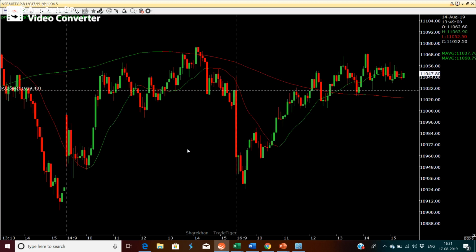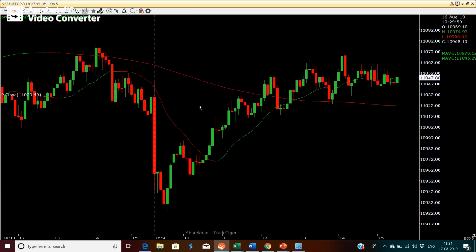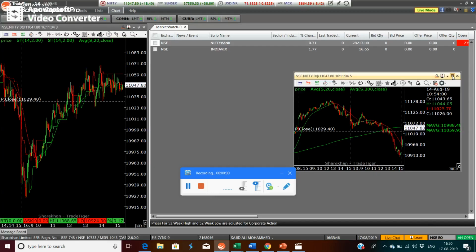Now we have mapped it, and you can see there are day separators marked in this. You'll be able to identify the day separator like this. The red one is the 200 period moving average, and the green one is the 20 period moving average. In Sharekhan, you have this feature where the moving average changes color according to the trend of the price. If the price is going down, the price will